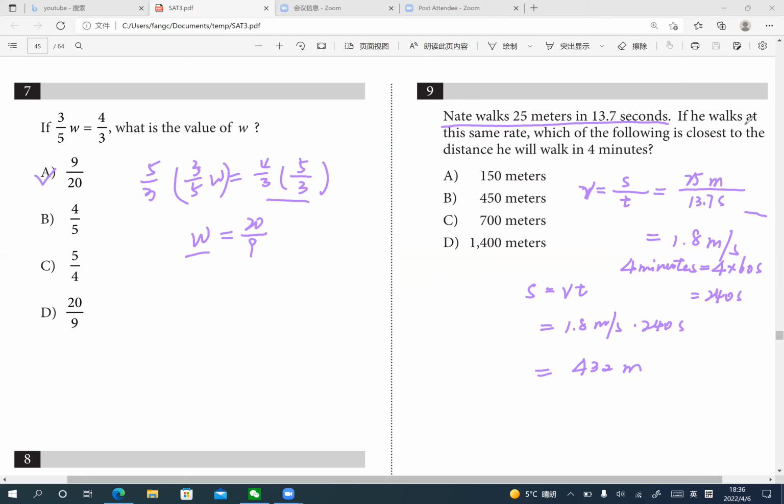And the question is, if he walks at the same rate, which of the following is the closest to the distance when he walks in 4 minutes? We still need to use the same formula. So S equals V times T. And V we already know, which is 1.8 meters per second. And T is 4 minutes. We should notice that the time 4 minutes has units that are not the same as the